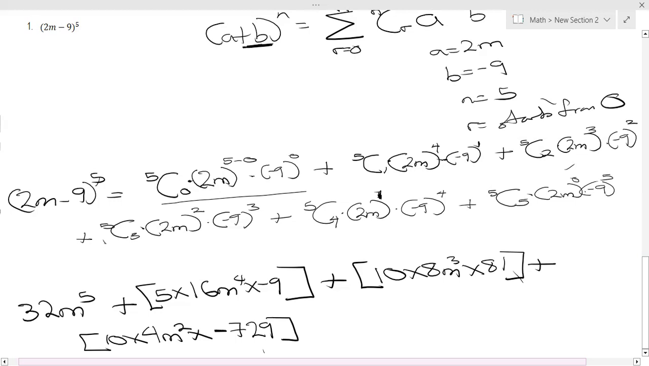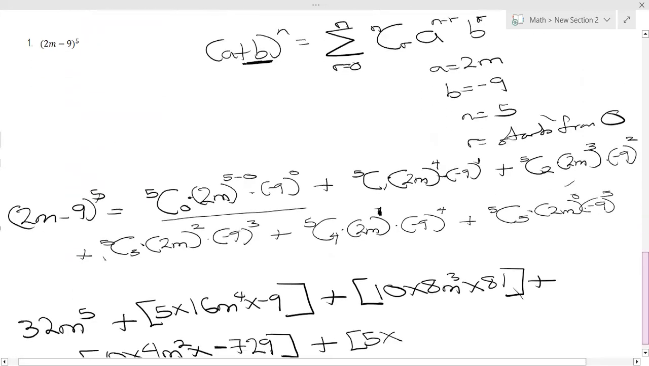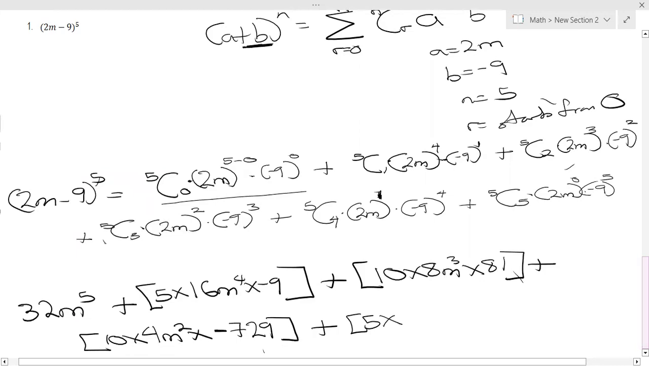Maybe I should have just done it. Oh, it doesn't matter. Plus, okay, where are we? 5C4, that's 5. Times 2m raised to the power 1. And you can see 2m raised to the power 1 is 2m, times minus 9 raised to the power 4. Because it's an even power, it's going to be positive again,